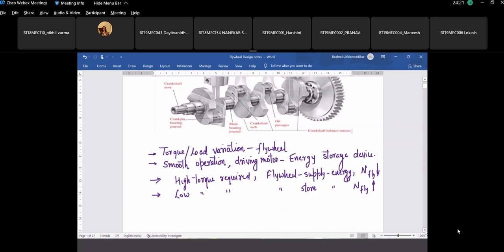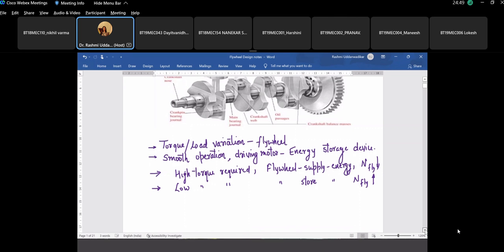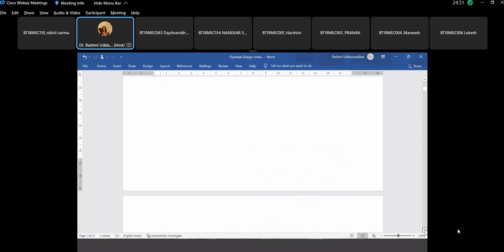If it is like an electric generator which is continuously supplying torque at a uniform RPM, and it is driven by a turbine which is again rotating with constant RPM, continuously supplying a constant torque. So if the input and output both are working with uniform speed and the torque requirement throughout is constant, in such kind of application a flywheel is not required. But for an application like an IC engine,